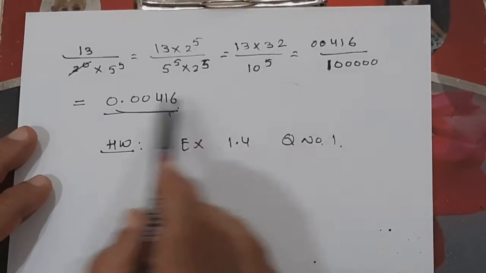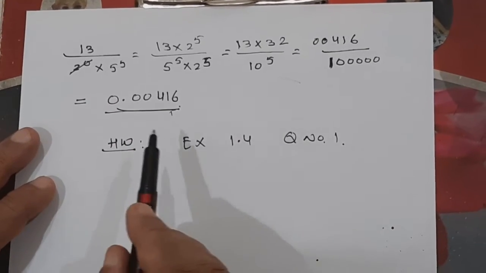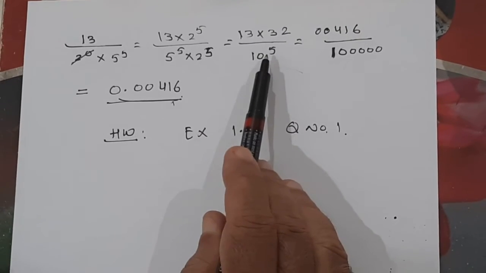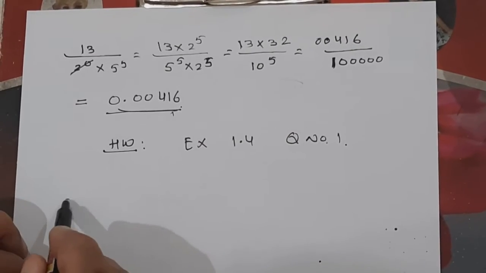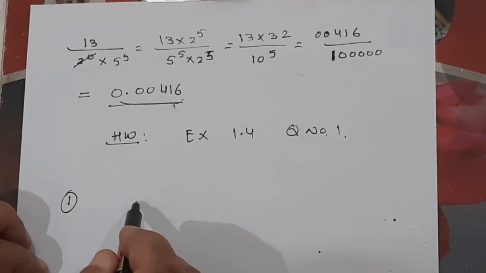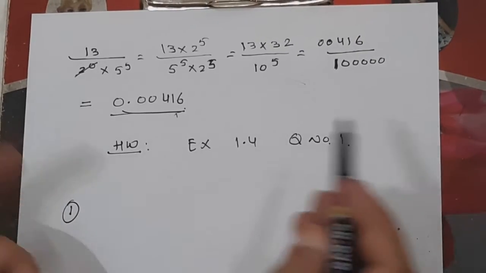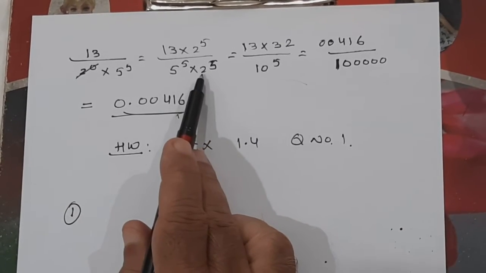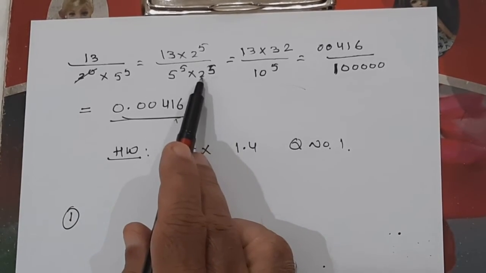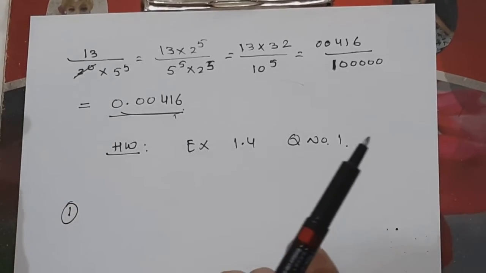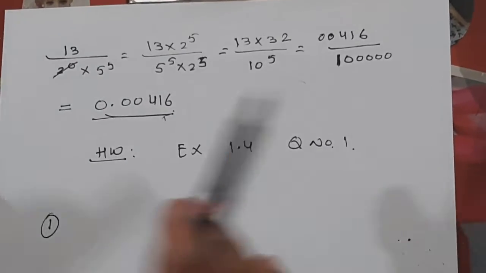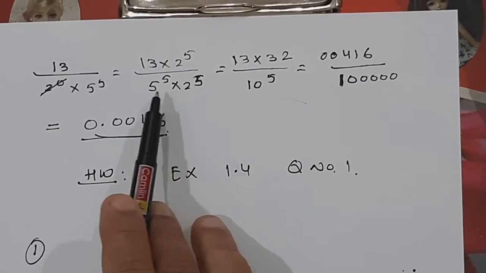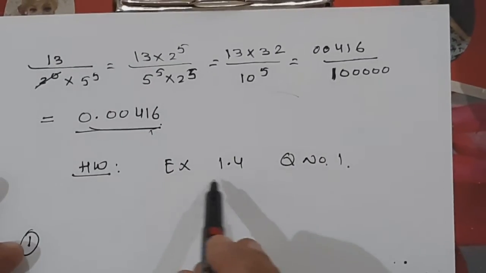We don't have to show this part. We have to end there only. If it is asked, then only we can do it. So we can find out how many places will be there. 2 things we have to find: whether it will be terminating or not terminating. If other denominators are there, suppose here 3 is there, 7 is there, 9 is there, 11 is there, those will be non-terminating. If it is terminating, it will have 5 or 2 or both. Understood now? You decide it.